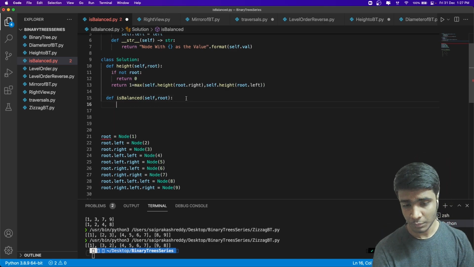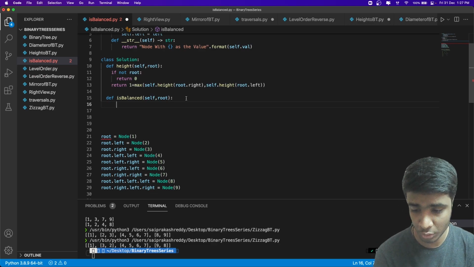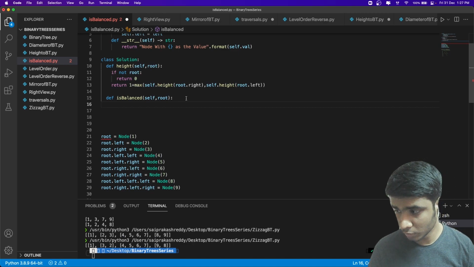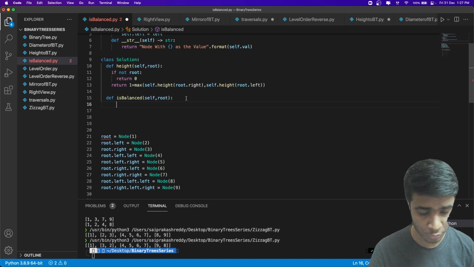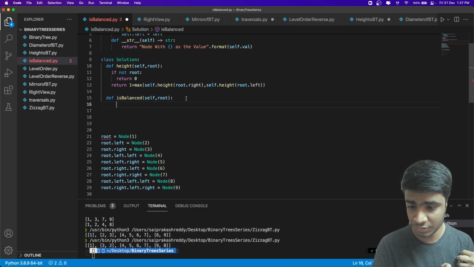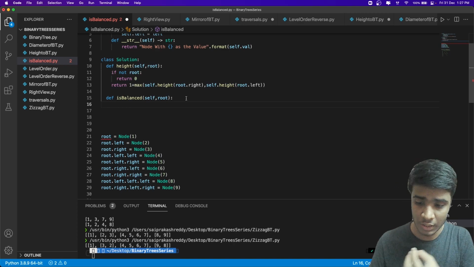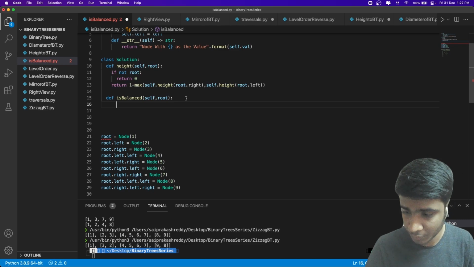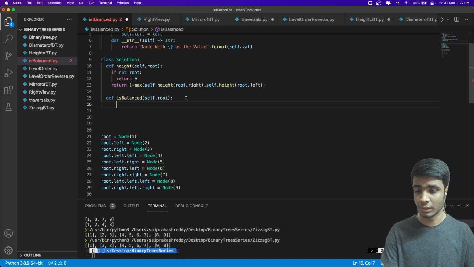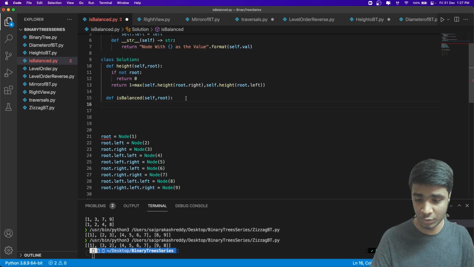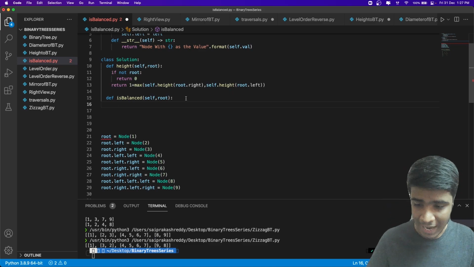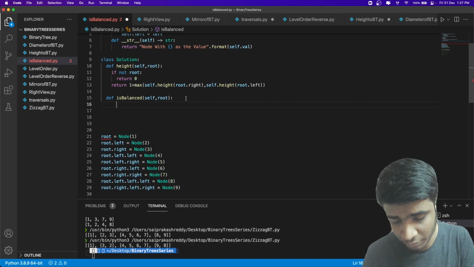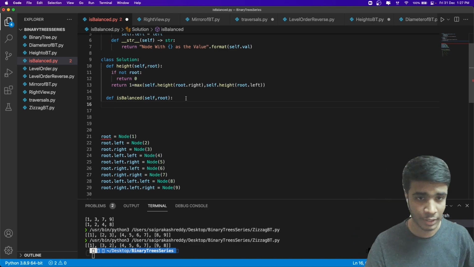In order to find if it is balanced or not, I have to recursively ask my left and right children, hey, are you balanced or not? If they are balanced and I'm balanced, then everything is balanced. But if any of my children is imbalanced, then obviously the entire tree is not balanced. So that's how you do it. We ask each and every child node for the answers, and we AND them all. When I say AND, I mean literally an AND operation, because if at least one of them is false, the entire thing is false. So that's how we're going to solve it.